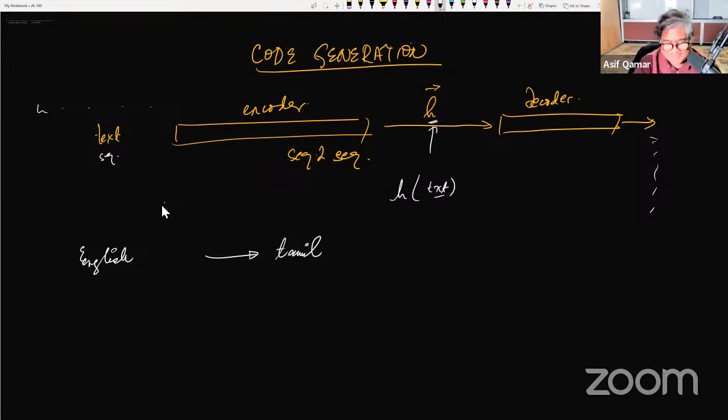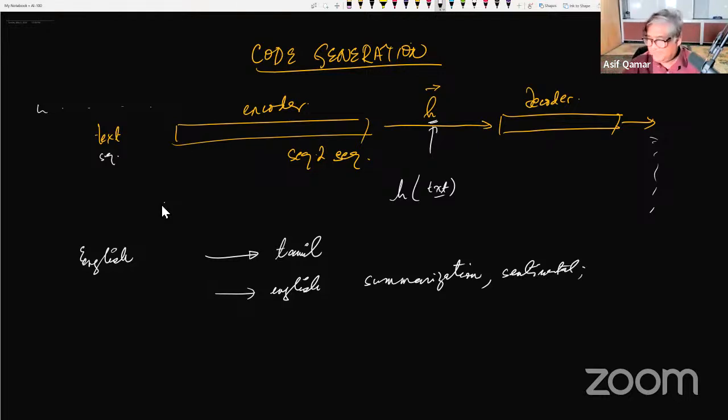Okay, well, that's an aside. So English to Tamil, let's say. You can do that. But you could also do English to English. Why would you do English to English? Summarization. You can do sentiment analysis too. You could come up with a word, happy, sad, whatever it is. You could convert it to poetry. You could look for contradictions. Generate a story. Continuation, yes. The most common thing is to generate new content,